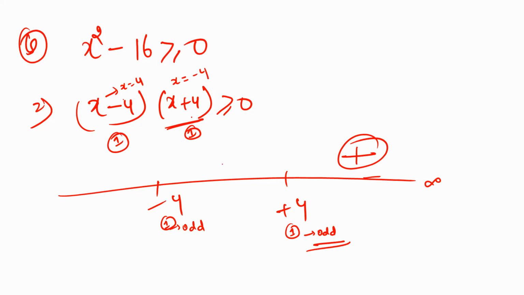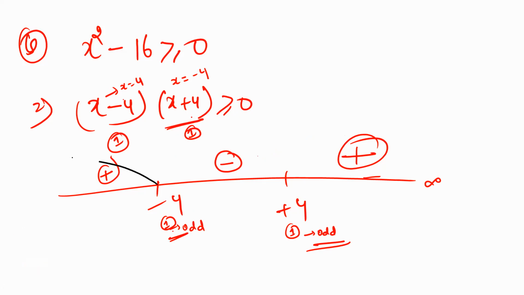Again since this power is odd, we have to change the sign, this is our rule. So we will change the sign, positive to negative will change, right? Again this power is odd, so again we will change the sign, so again this is positive, right? Okay, so answer क्या होता है, greater than equal to 0। so greater than equal to 0 कहाँ पर है, ये बताओ।